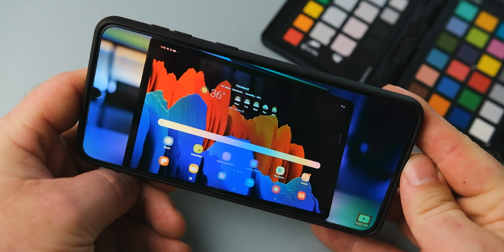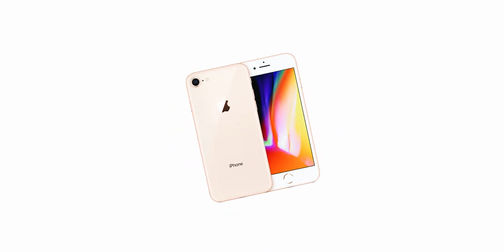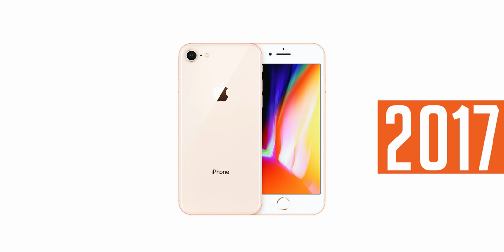Screen real estate basically means the available space on a screen. And the better you can utilize that space, the better experience you're providing for your viewers or visitors if it's a web page. Now, the iPhone 8 Plus, released in 2017, was the last iPhone with a 16:9 screen. And that same year, both LG and Samsung released smartphones with an 18:9 screen. So this wider screen isn't really a new thing, but what is new is the amount of hours people watch